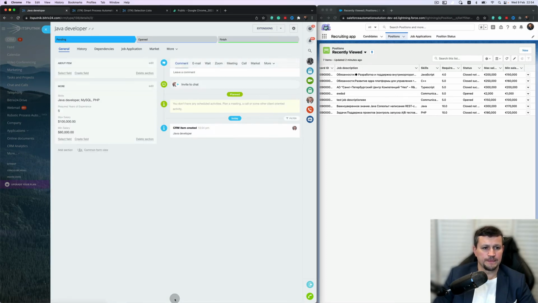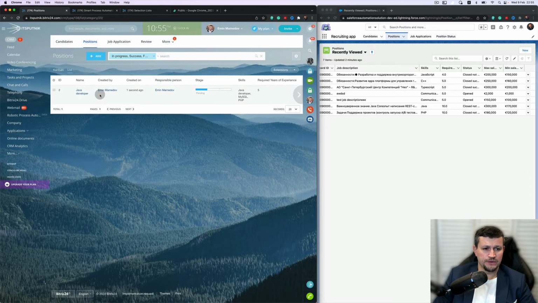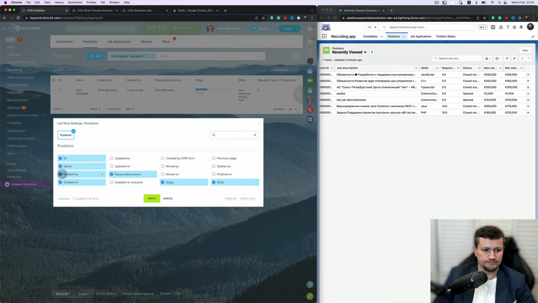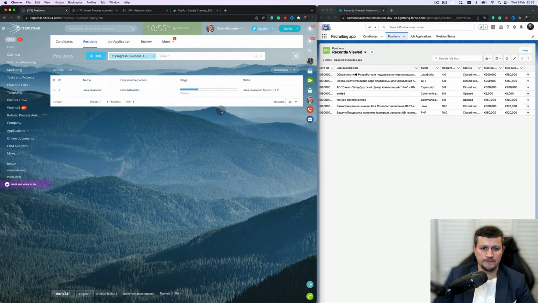Right. So we got name, can ignore created by, and created on. We can move stages a bit back, skills here, and in Kanban view